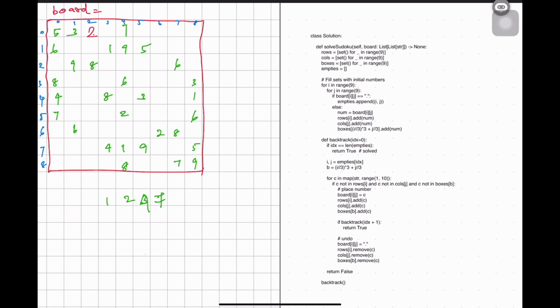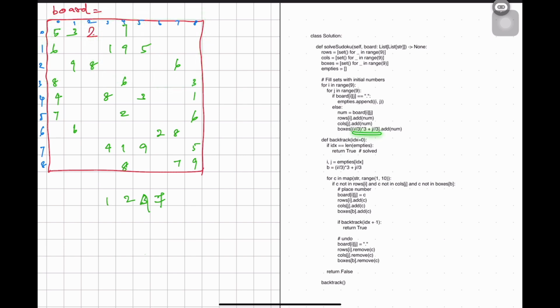Like yesterday, we checked each box's values based on i and j. This is for the row, to figure out the corresponding row, and j by 3 for the column, because we are using 9 sets. This is the 0th box, this is the first box, this is the second box.